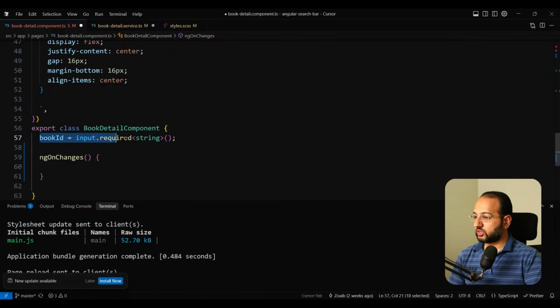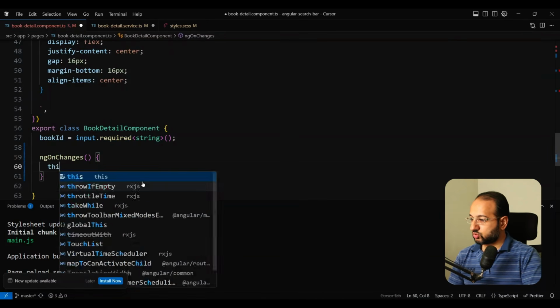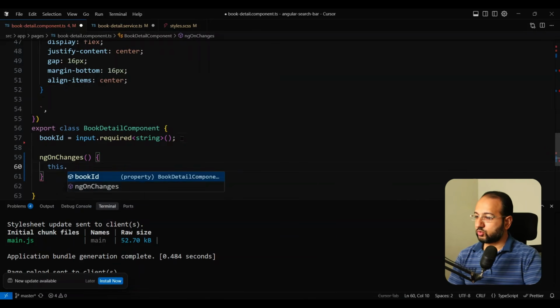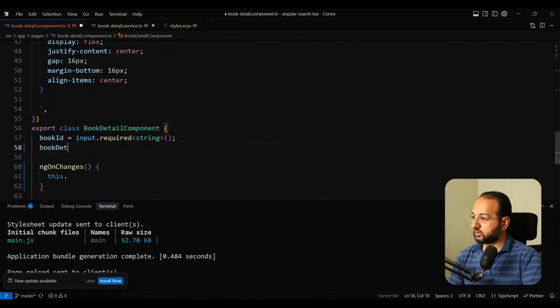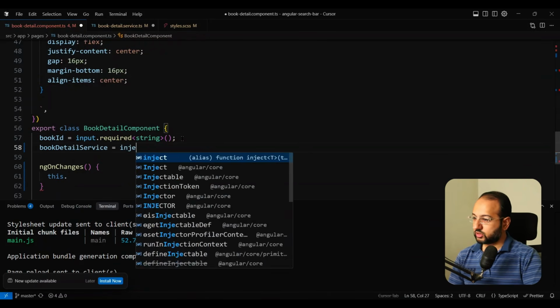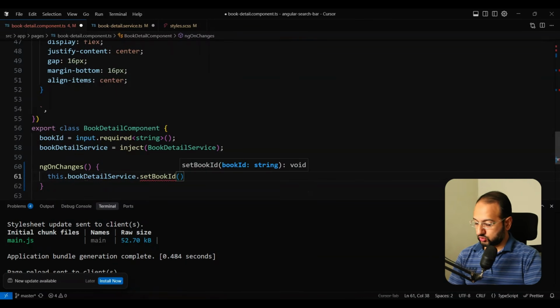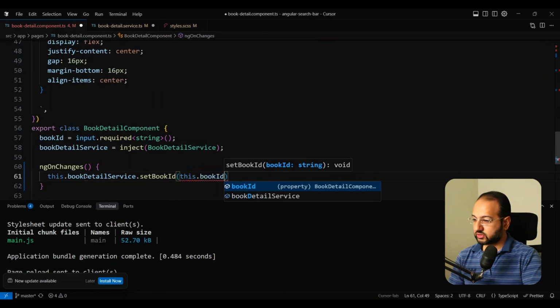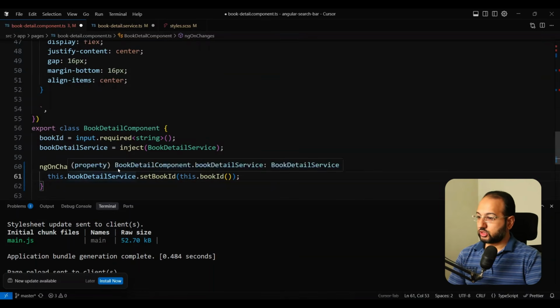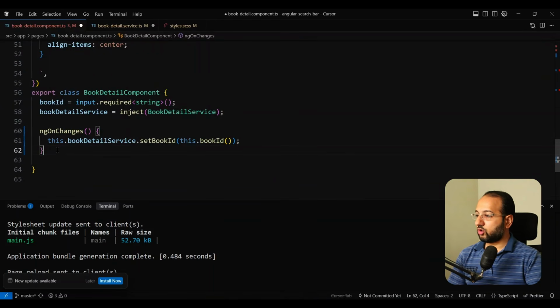we know that the input will change, and we can just do this. We also need to inject the book details service here. So we're going to do inject book details service here, okay, and we can do book details service dot set book ID, and we can do this dot book ID and its value, current value. Okay. So now whenever this hook is called, when the book ID changes, it's going to use the new